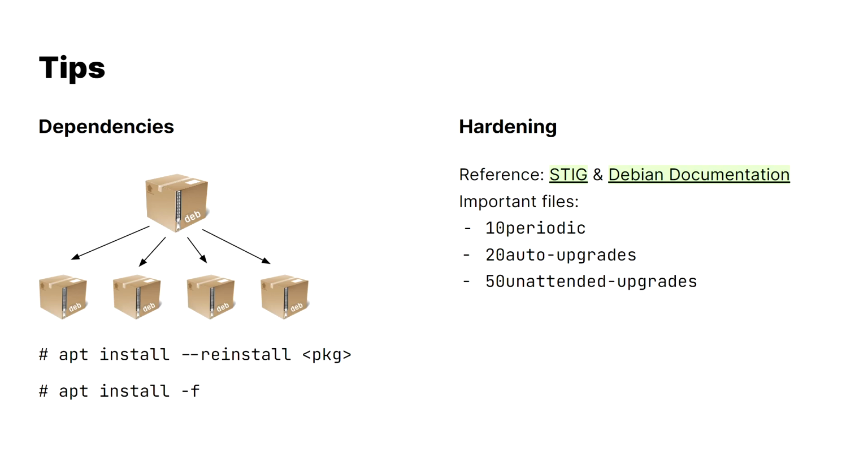Now, finally, if you're looking for more references on where to start configuring apps, I highly recommend, as always, the STIGs, Security Technical Implementation Guides that are released by DISA. And I've also linked some specific Debian documentation. This is for unattended upgrades on how to set them up and what the function is. And I highly recommend you look into that, especially in the context of a cybersecurity competition where keeping your software up to date is critical. Now, I'd also recommend, like I said, to look into these three files